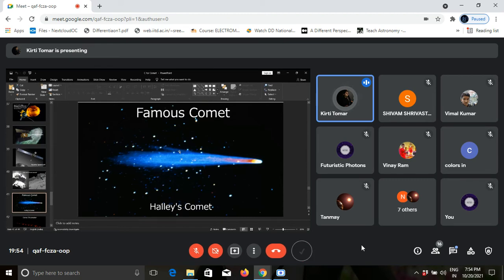So let's talk about the famous comets. The first thing that comes to mind is Halley's comet. Yeah, Halley's comet is likely the most famous comet in the world. It becomes visible to the naked eye about every 75 to 76 years when it comes near the sun. And when Halley's comet zoomed near Earth in 1986, 5 spacecraft flew past it and gathered details, coming close enough to study its nucleus, which is normally concealed by the comet's coma.